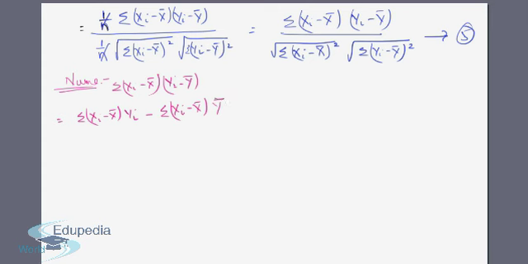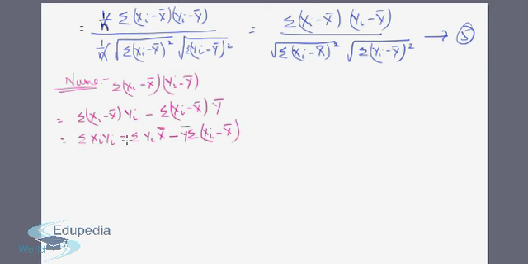Y bar being a constant can be taken out of the summation, so we will have summation xi, and here of course we can multiply this to both the terms, so we'll have summation xi multiplied by yi, minus summation yi times x bar,